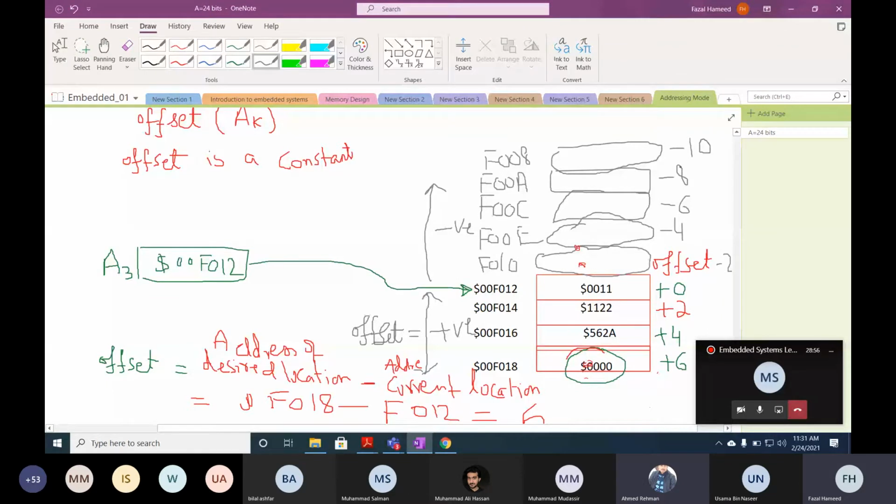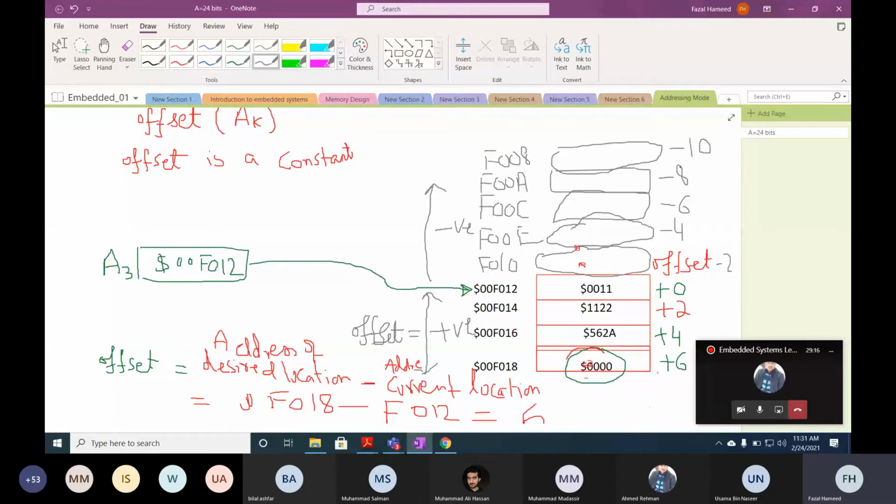Okay. So actually, in register indirect with displacement address, we have a location in memory. That location in memory is pointed out by an address register. We can have a positive offset or we can have a negative offset.